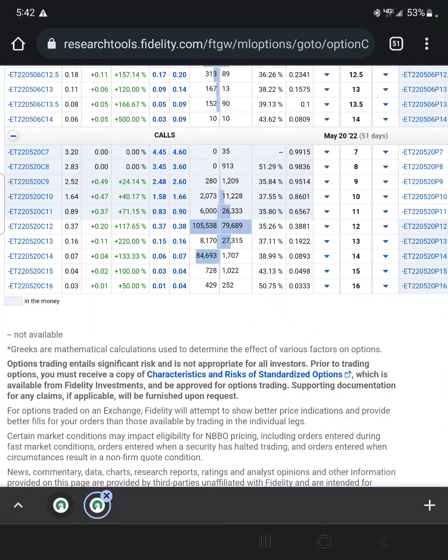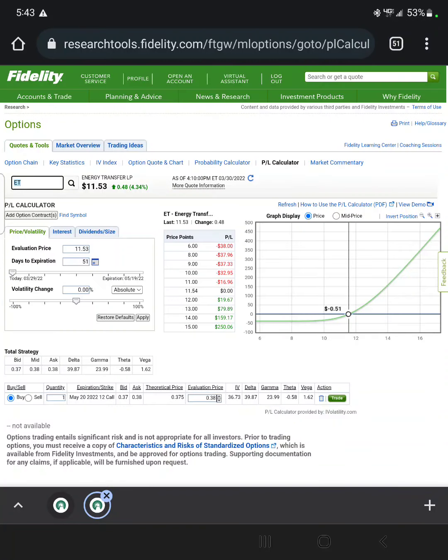We can look at, there's another tool on here. You can look at the probability of this actually working, right? So, model of profit loss. So looking at this is going to tell us our profit loss as the price of the stock goes up. What does that look like for the actual contracts? But what I like to do is go to the probability,